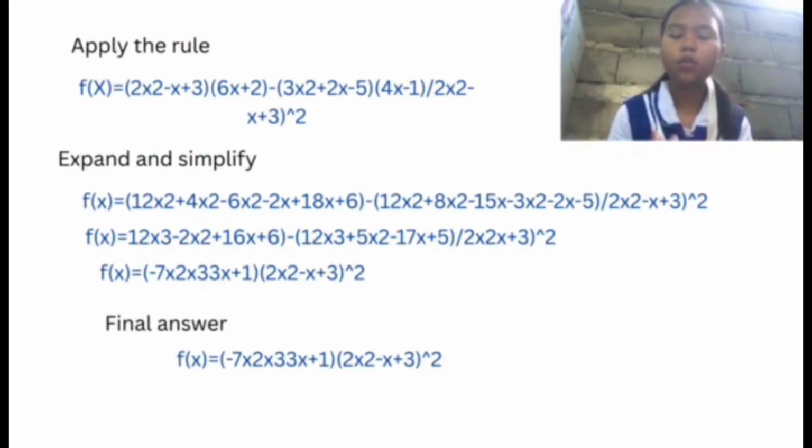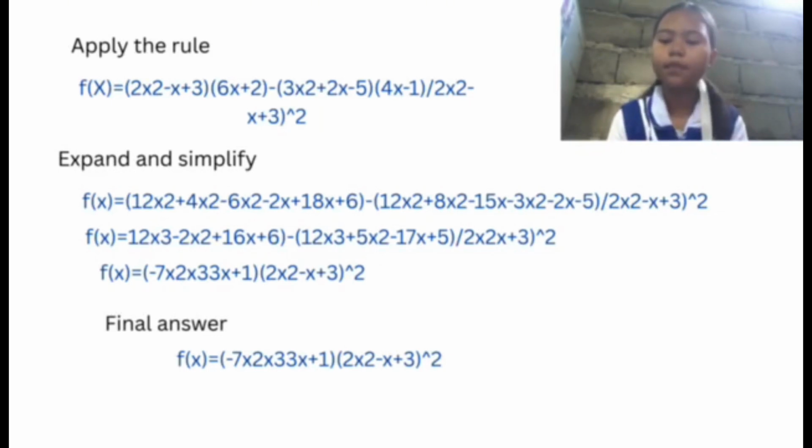So f prime of x is equal to 2x to the power of 2 minus x plus 3 times 6x plus 2, minus 3x to the power of 2 plus 2x minus 5 times 4x minus 1, over 2x to the power of 2 minus x plus 3 to the power of 2. So expand and simplify. So to simplify, f prime of x is equal to 12x to the power of 3 plus 4x to the power of 2 minus 6x to the power of 2 minus 2x plus 18x plus 6